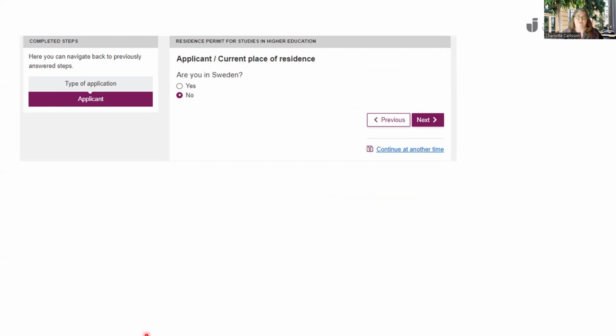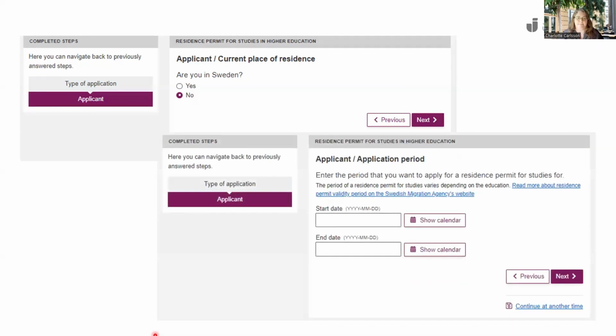Otherwise you're applying for an extension, or if you're changing your status, you're going to have to leave Sweden temporarily. A first-time study permit can only be granted if the student is not in Sweden at the time. Now here's the important